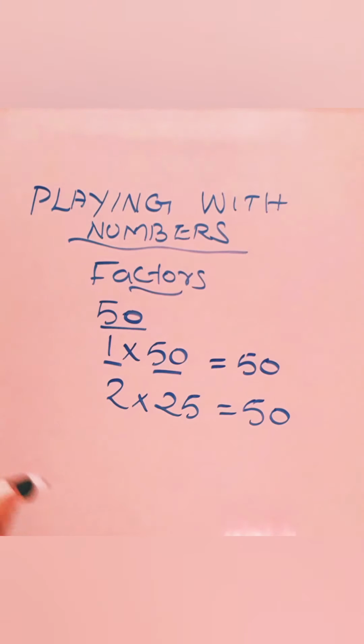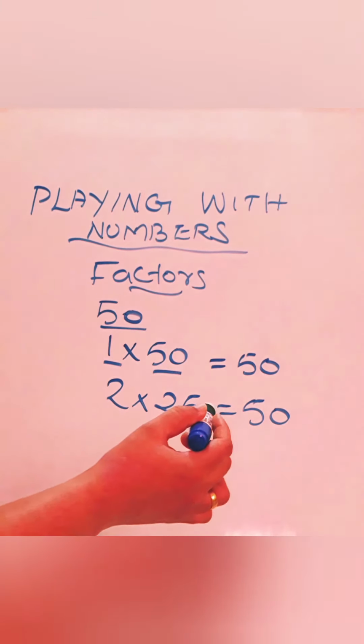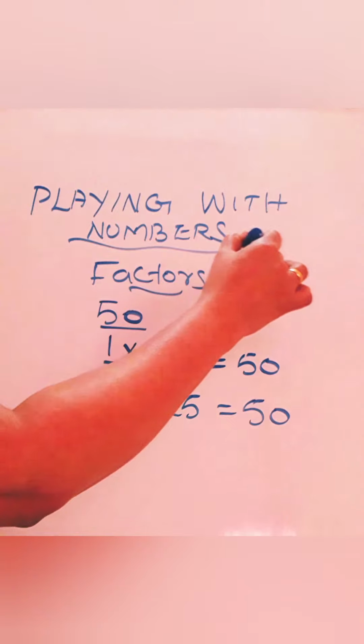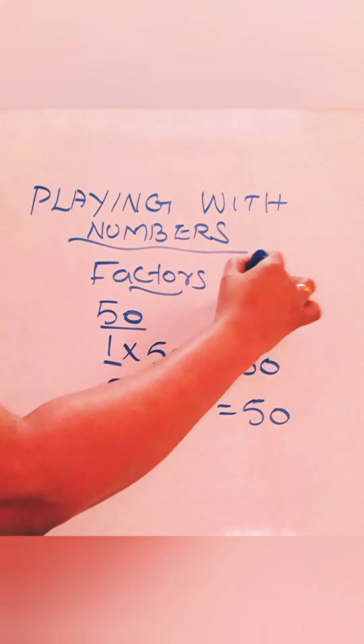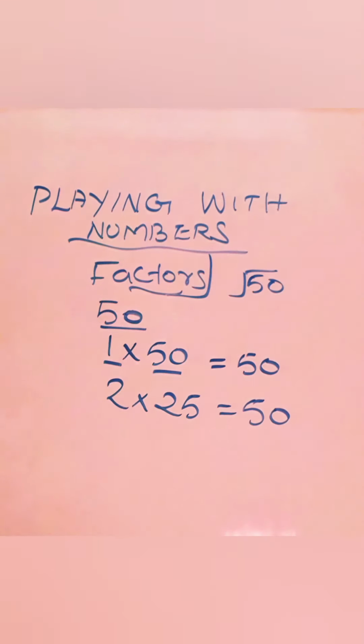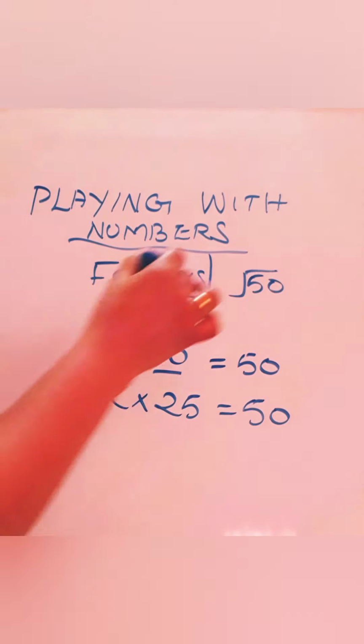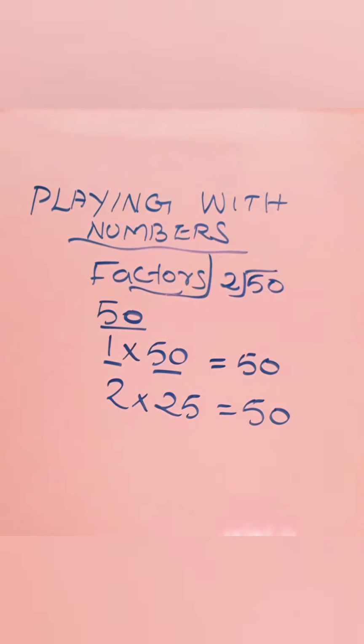If you cannot do this in mind, in the working column I will show what you can do. To check whether 2 is a factor of 50, that is, whether 50 comes in 2's table, we have to divide by 2. You know the divisibility rule very well, so you can apply that also. If you forget the divisibility rule, use this division method only.